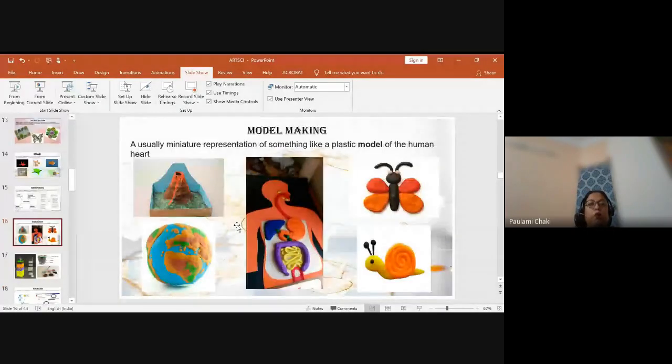Then we will come next to model making. Model making we always do in science. This is a miniature representation of something. In lower grades, model making can be very fruitfully done in the classes by using play clay or clay dough. And clay doughs are generally part of stationery in every school. So we can ask the art teachers to lend it to us, or they can do it in their art classes also, wherein for animals, different types of, even the digestive system, this is for grade 7.